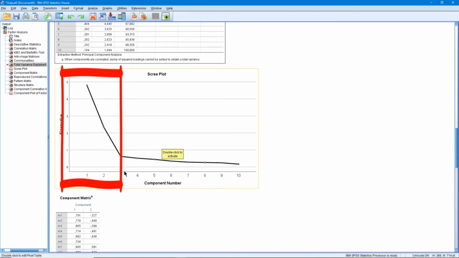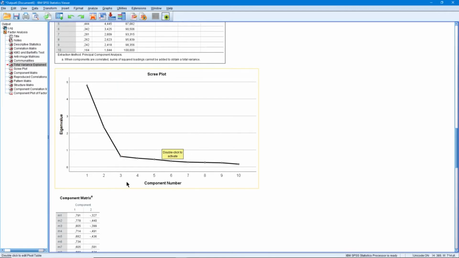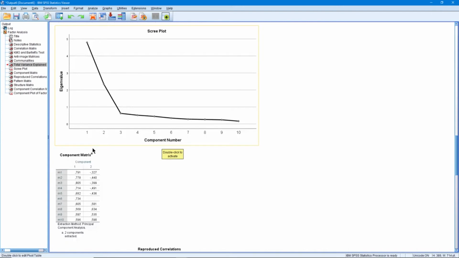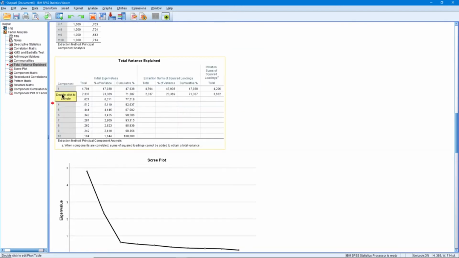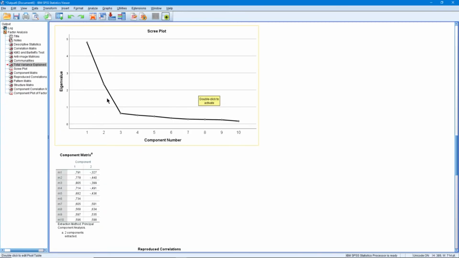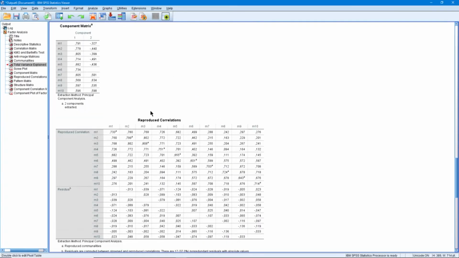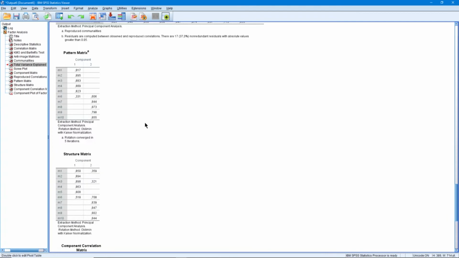In this way, from where the flattening starts, we do not count them as factors. We understand that there are 2 factors here by looking at this graph. Thus, we have determined how many factors there are, how many sub-dimensions we have, the variance explained by each factor, and the validity level of the scale in total. We have confirmed this from the graph here. After that, we move on to a very important table. At least as important as the previous chart.